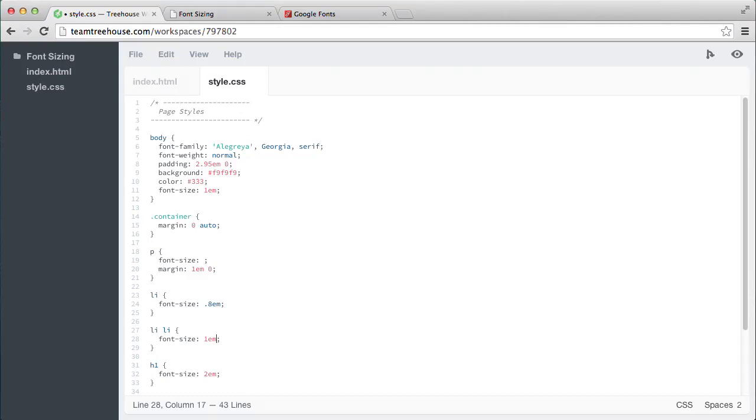Rems, which stands for root ems, have been on the rise in web design. Instead of being relative to its parent class or element like an em, rems are relative to the root em set to the HTML. As mentioned before, the common default font size for browsers is 16 pixels. So in this case, one rem will always equal 16 pixels instead of being relative to a parent class or